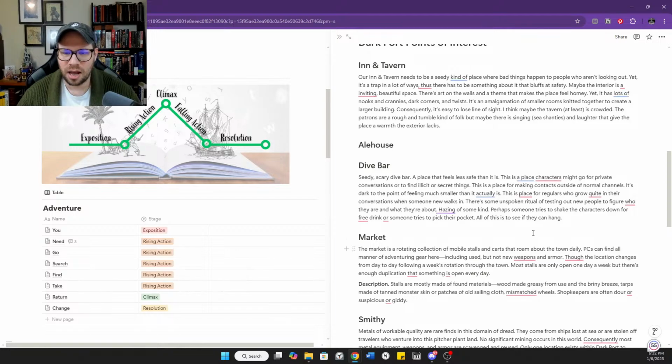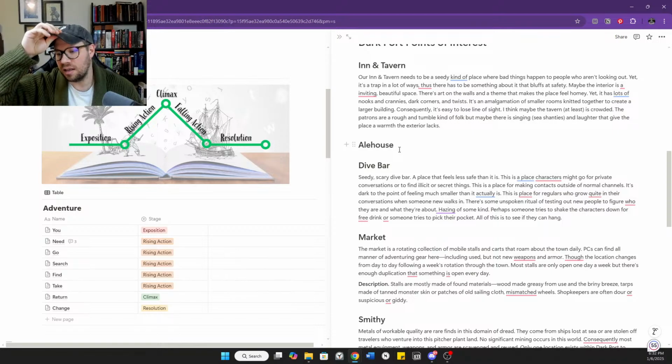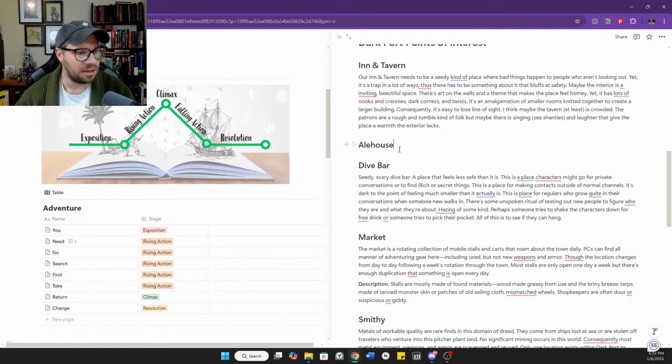So our alehouse, I think, should be somewhere in between, but at the same time, it needs to have something distinct about it. It needs to have a value for going there. And so we have to think about some of that. Not sure I've got an idea for that just yet, and maybe it'll come to us as we work our way through this. If you've got some thoughts on it, though, chime in. Let me know, gang.